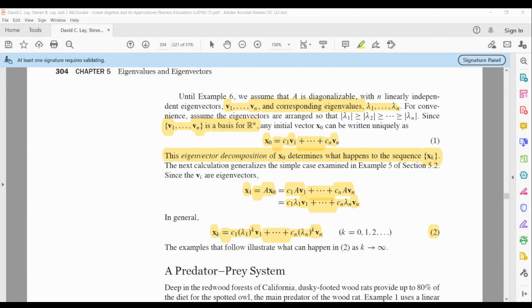Okay, and we're gonna really make use of it. So are there any questions so far? Okay, all right. What I want to do is an example, example 1 in the textbook,